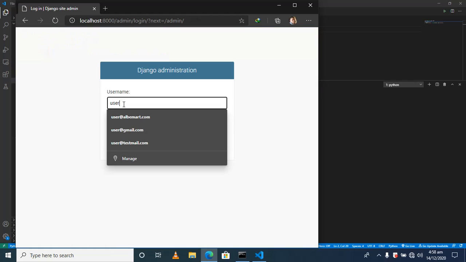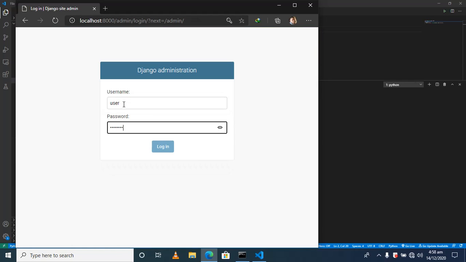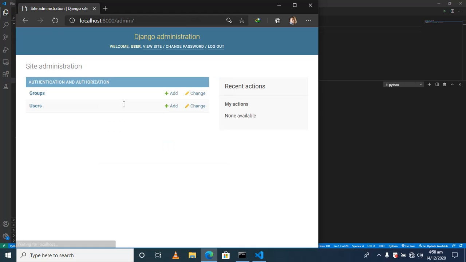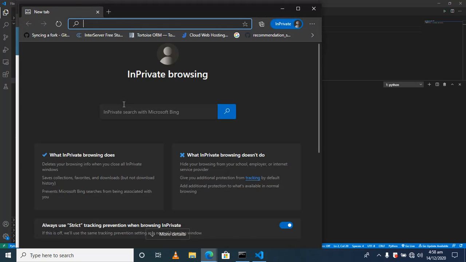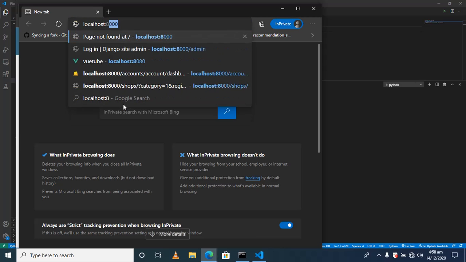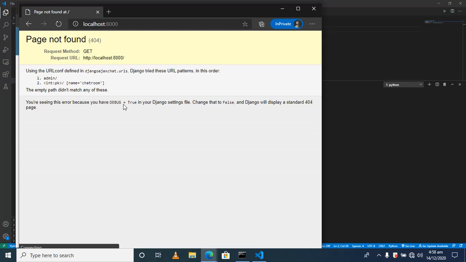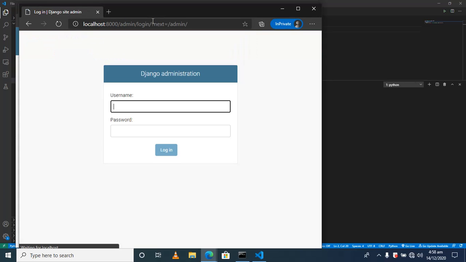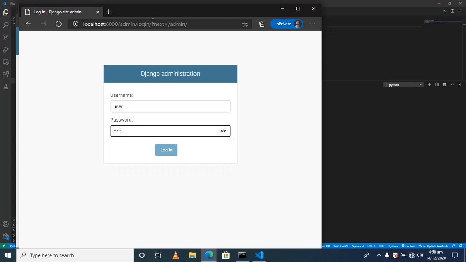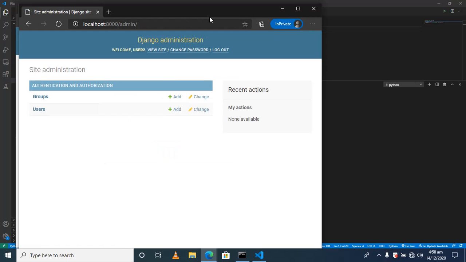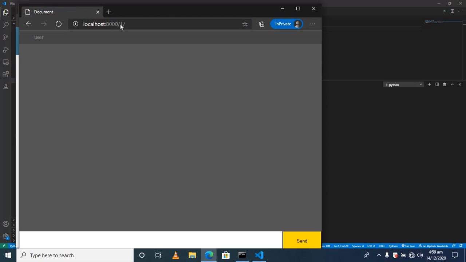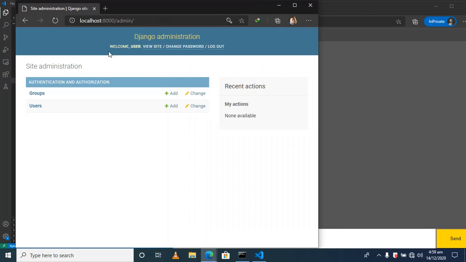So for this user, I'll do user, password. Then I'll create a new incognito tab and do the same thing so that both browser tabs have different cookies. So user, now this one needs to be user2, the other one user, password. Now for this one, I can go to, I created user first. So user2 here, and then